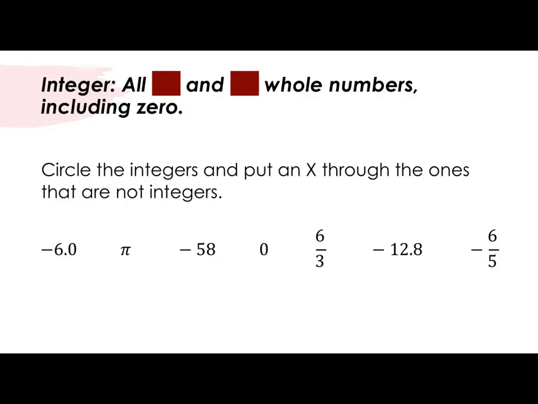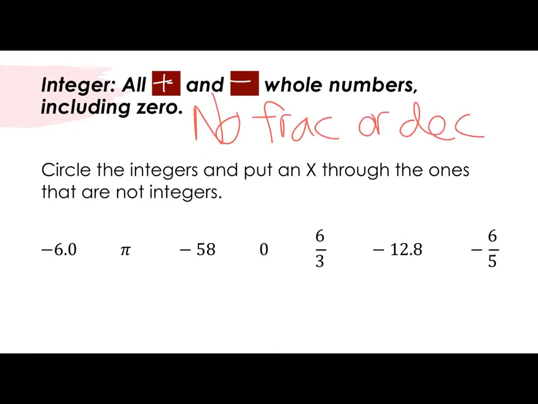So integers are all positive and negative whole numbers including 0. Write out the words positive and negative whole numbers into those blanks. So whole numbers, positives and negatives, including 0. So no fractions or decimals. Okay, so it says circle the integers and put an X through the ones that are